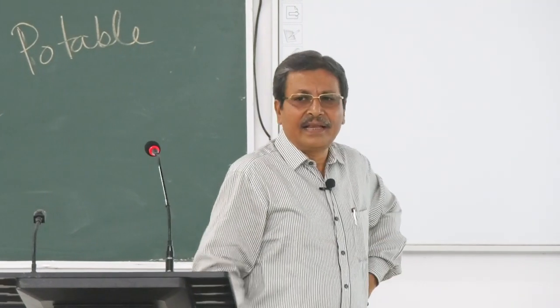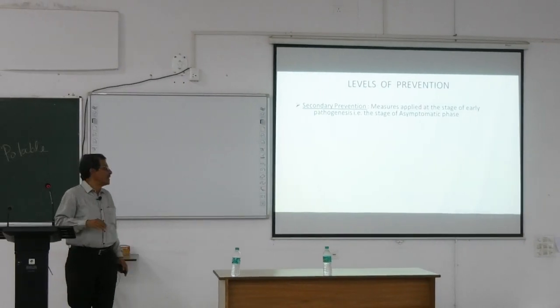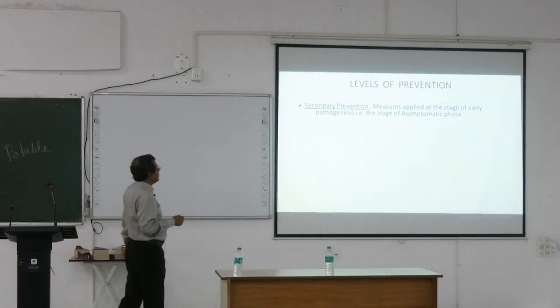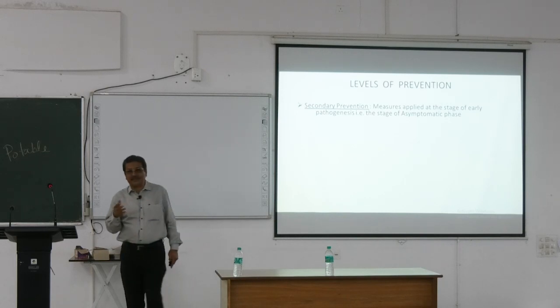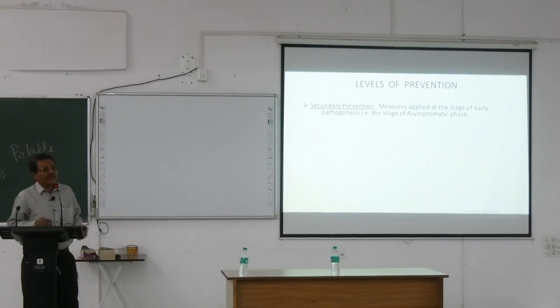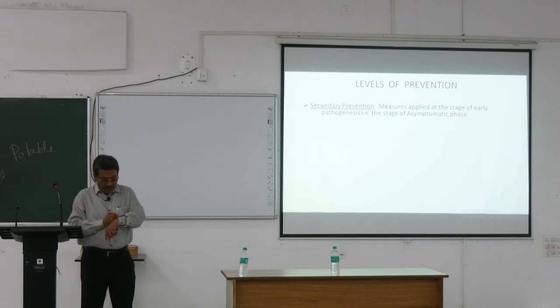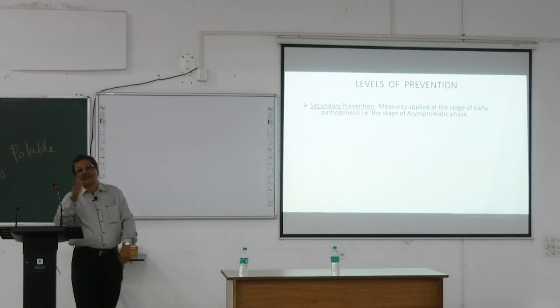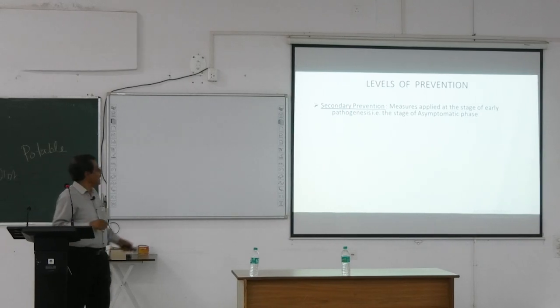Next comes secondary prevention. Secondary prevention is when the disease has just started, but you can take preventive action. That is, measures taken at the stage of early disease, at the asymptomatic phase. If you take action when there are not that many symptoms, the disease may not spread and does not cause any harm or severity. That can be done by